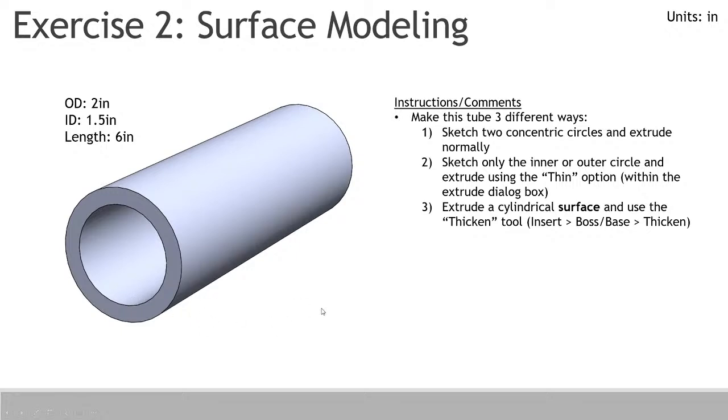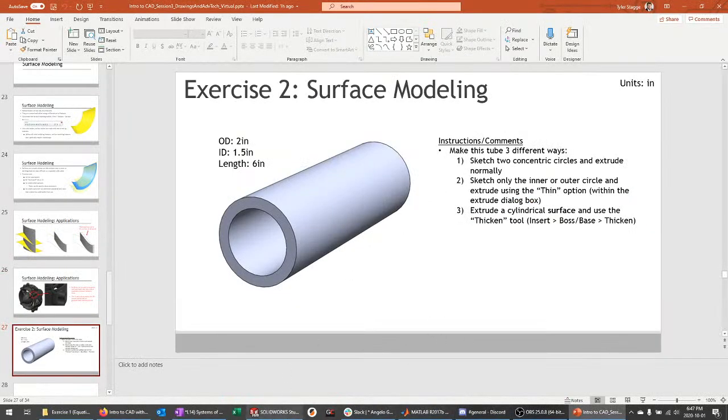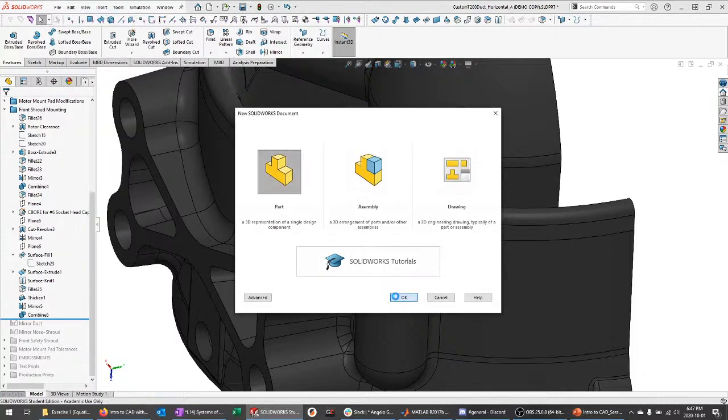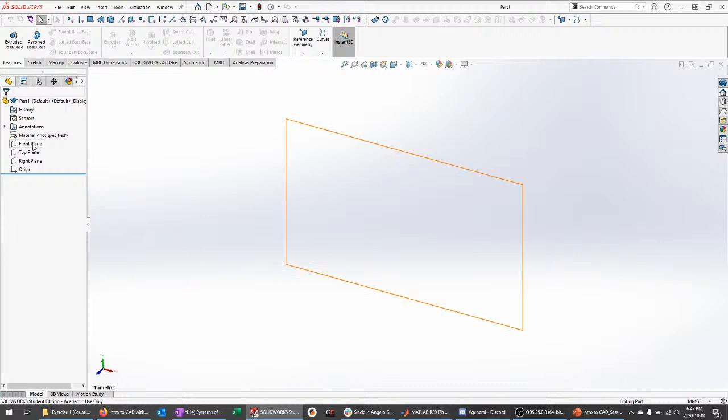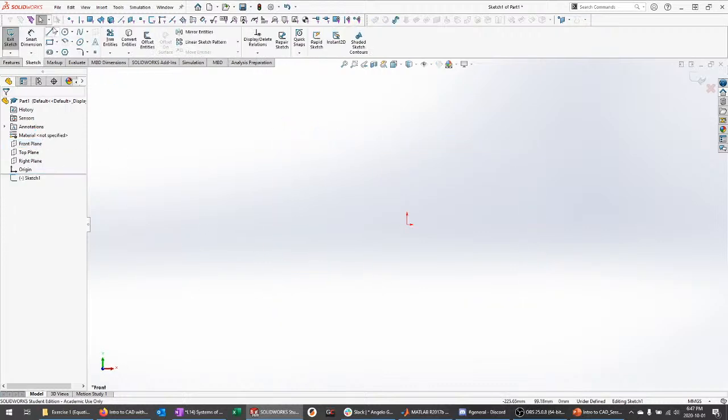As a quick exercise, we're just going to do something really simple, just to get you acclimated to the tools at a very base level. We're going to go to SolidWorks and create a new part real quick. If we wanted to create just a very simple pipe like this, the way to do it with solid modeling would be to create a sketch, draw two circles concentric with each other, one for the outer diameter, one for the inner diameter, and then just extrude. And in a very simple case like this, that is absolutely the most efficient way to do it. But if you wanted to, and there's no real reason to, just to show you the tools,